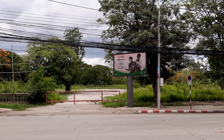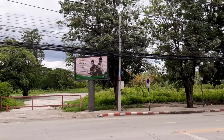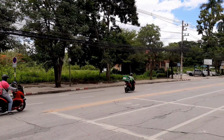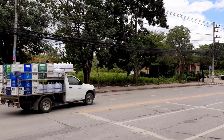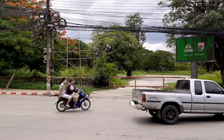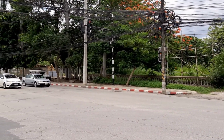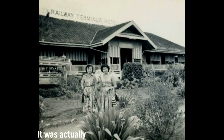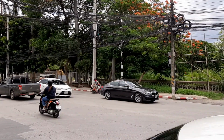Now, right opposite the railway station's this patch of wasteland. You can see it's rather overgrown, apart from that police station down there, which I think is the police station for the railway station. Now, on this land there used to be the railway station hotel. I think it was just down there. I'll show you an old picture of it, and I think that got demolished in the late 50s. Lovely wooden colonial building, and it was